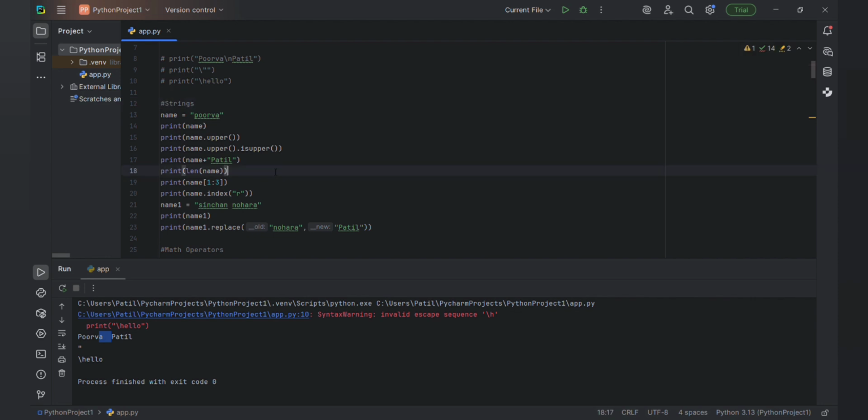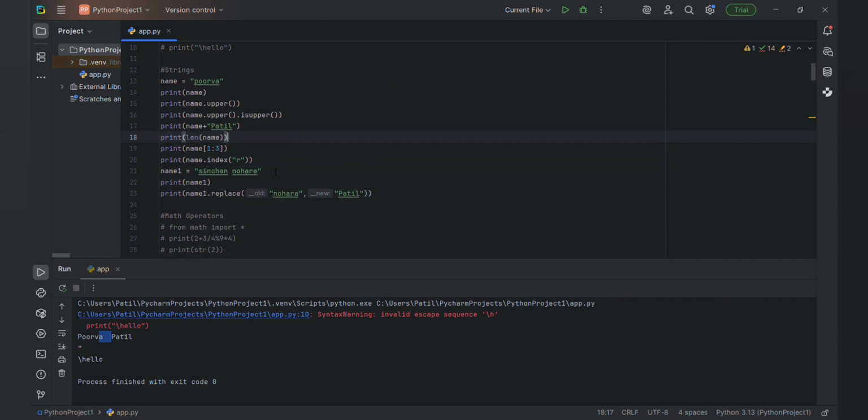Yeah, next is strings. In strings, you can store, like, name is equal to Purva, whatever your name is, you can store that and it will print that name string. Let me tell you, Python has many data types. One is int, float, strings, and boolean. So this is the string. Let me introduce int, float, and boolean next. So let me concentrate on strings. It will print the name.